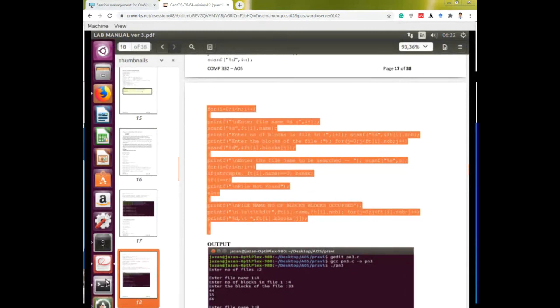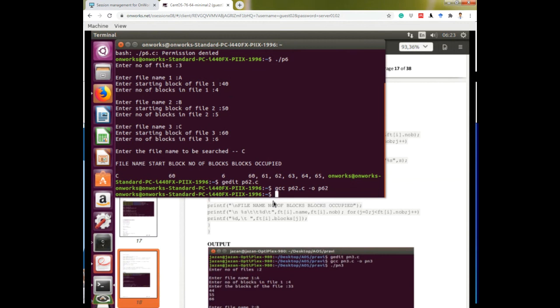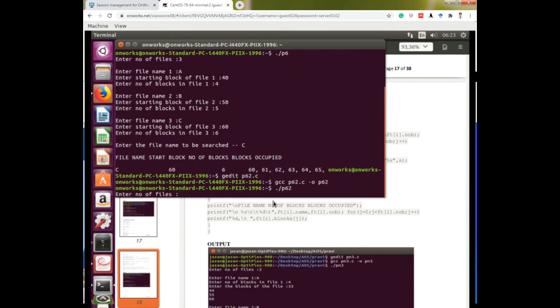Now for this you go to terminal and type gcc space p62.c space dash o space p62, enter. There is no error, so after that you type dot slash p62, enter. Now it is asking how many files.